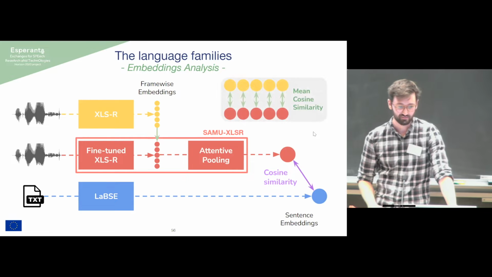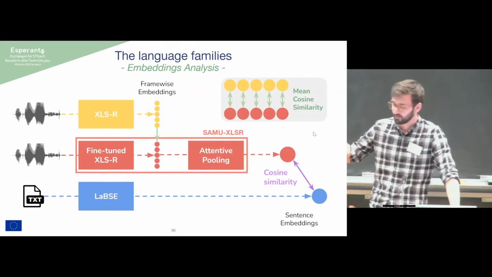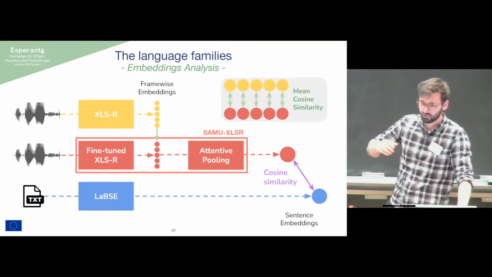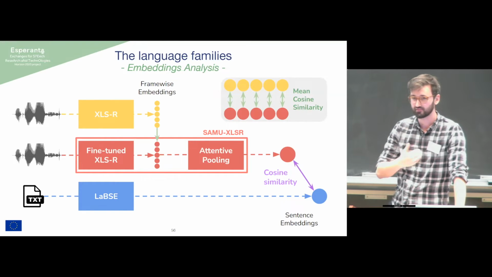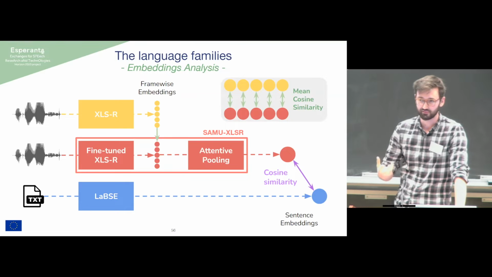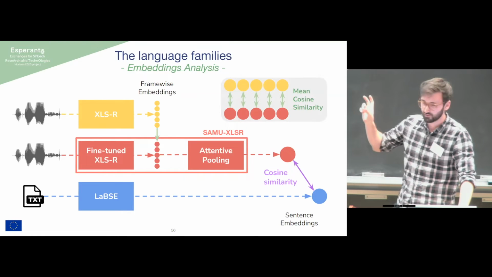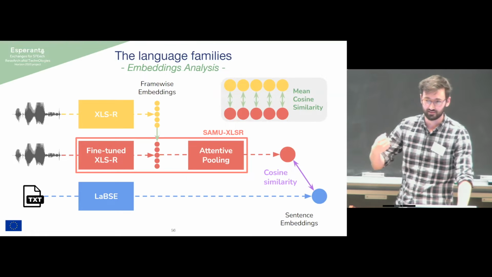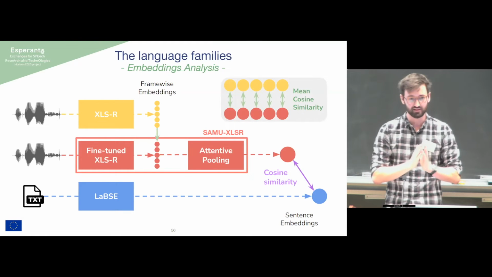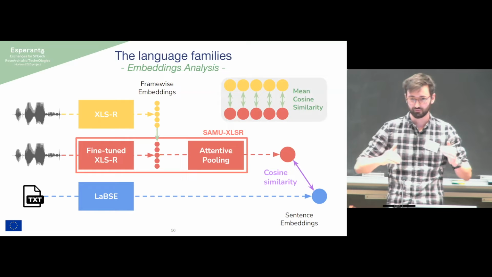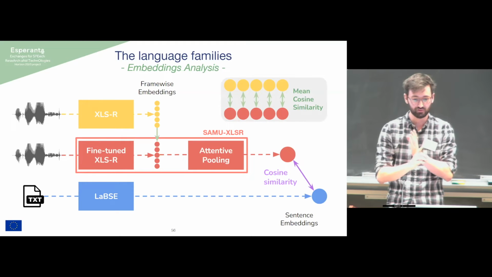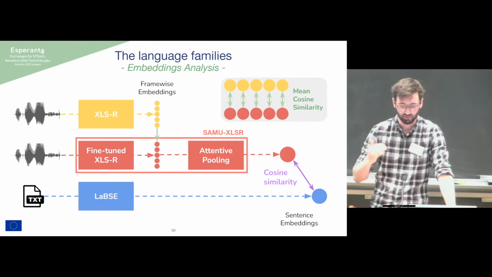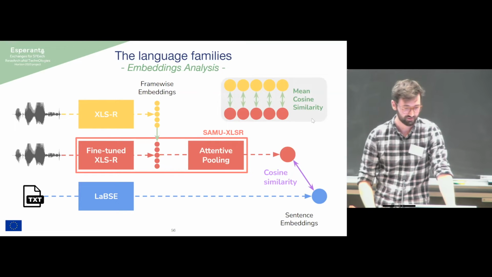And the mean cosine similarity for the frame-level embeddings, frame by frame. And here I must just warn you about this. We measure this part because XLSR and its fine-tuned version for SAMU have the same architecture, so we have the same sequence length and can do embedding-to-embedding comparison. But this does not ensure that the embeddings are in the same order before and after fine-tuning. So we might have a different order in the embeddings in the sequence, and that might give us a much lower cosine similarity. That's what we're going to see in the graph just after.